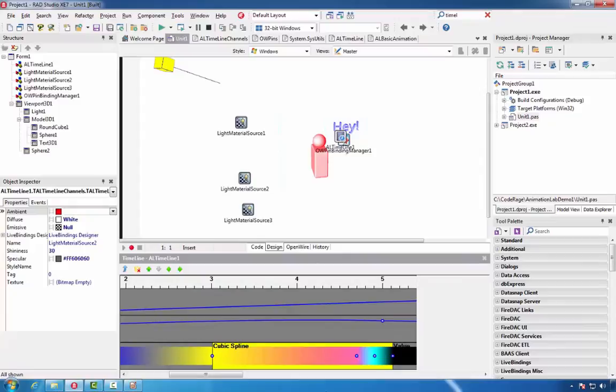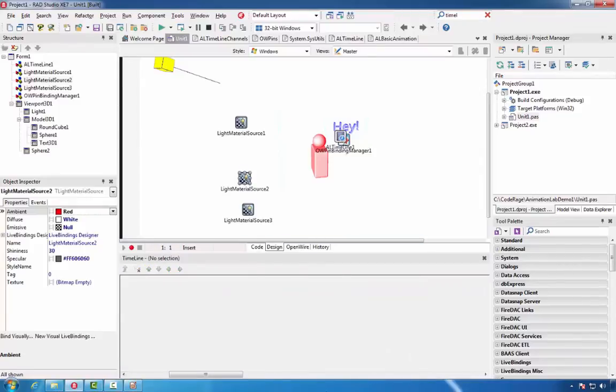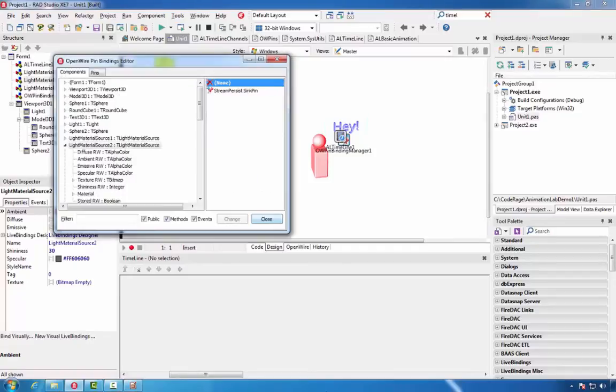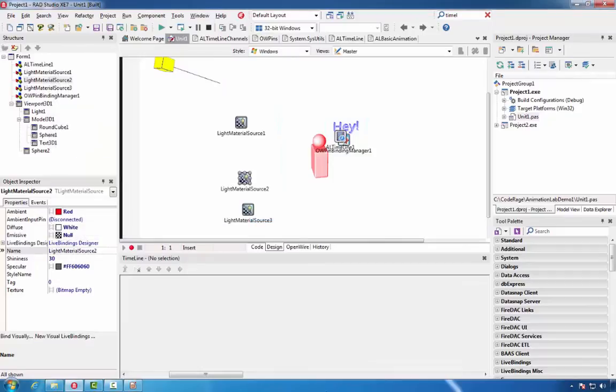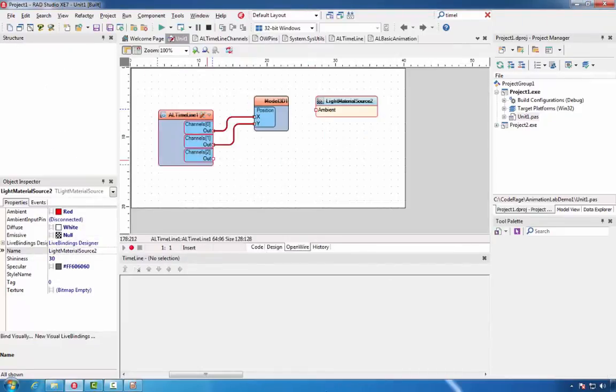We'll select Light Material Source 2 and we'll add Visual Light bindings to it. For its ambient color. We'll switch to the OpenWire editor and we'll connect the animation channel to the material source.